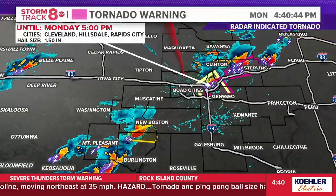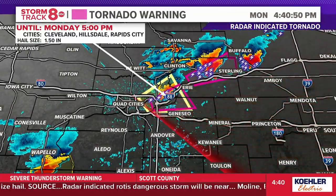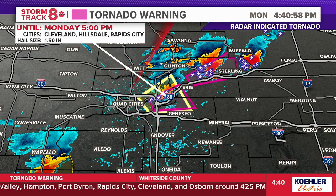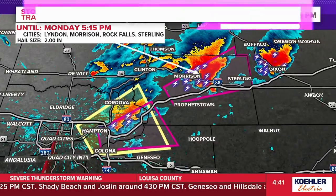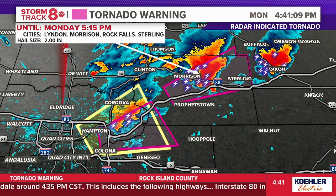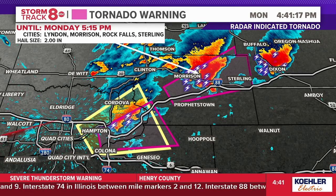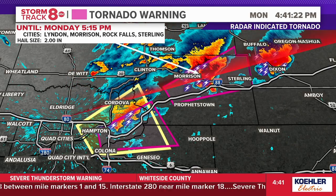no warnings with those. Could get some pea-sized hail with that area of activity, but I think the cold front itself is probably ahead of that line in southeastern Iowa, and likely nothing that can produce not just some large hail, but it won't be able to produce any type of spin. Unfortunately, the storms that we're noticing near the immediate Quad Cities and northeast, those storms are actually ahead of the front itself. So this is where we have been getting at least some decent shear, some decent turning of the wind from the base to cloud aloft, and that's why we have these tornado warnings that have been popping up, because these are the storms that have been radar indicated when it comes to these particular storms that we're noticing